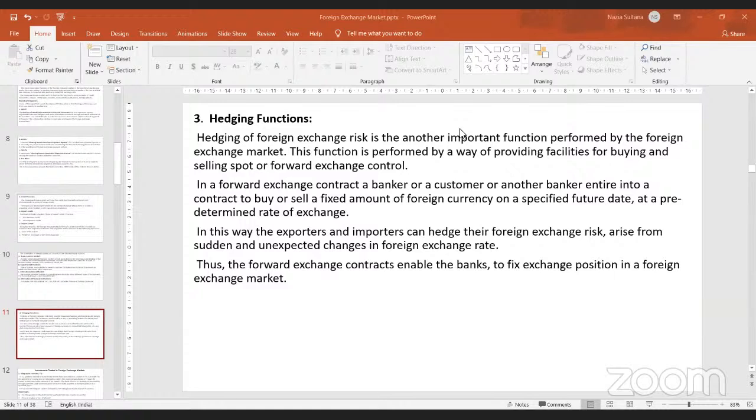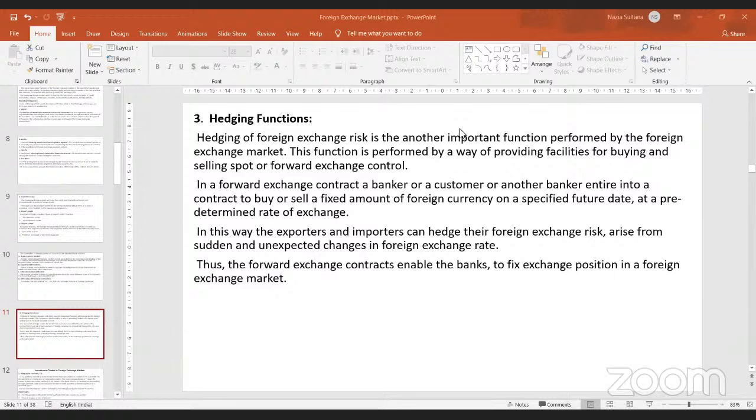And basically, such forward transactions will enable banks and individuals to determine how much foreign exchange they need, and on what date how much they need. That way the predetermination of their needs can also take place. So there is a provision in the forex market, whereby countries of the world, individuals and banks can decide to buy and sell a currency at a present date at a present rate, which is called your spot market, spot rate, where the rate prevailing on the day of transaction, if you buy and sell at that particular rate, your transaction is a spot transaction.